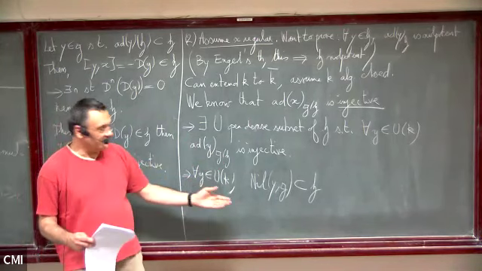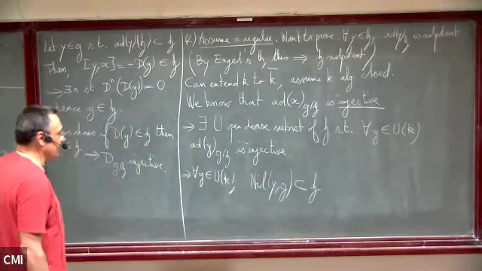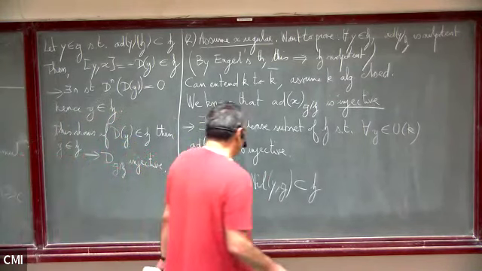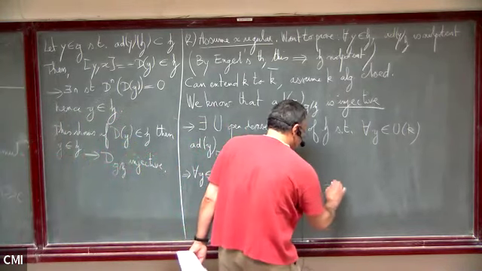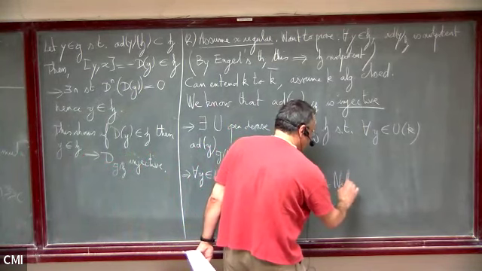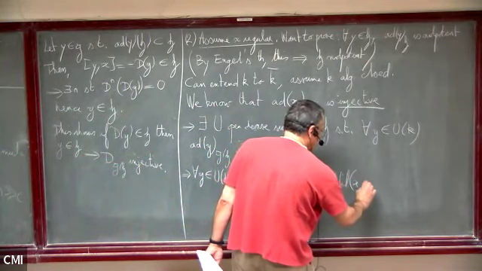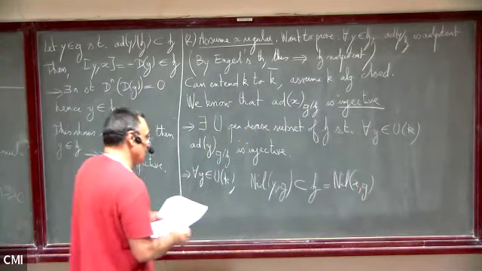So the nil space is entirely contained in H. But H is also